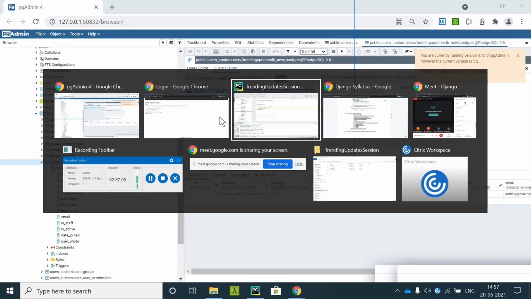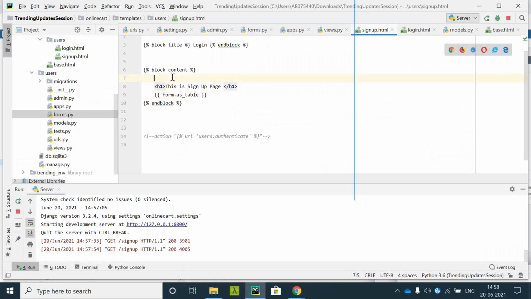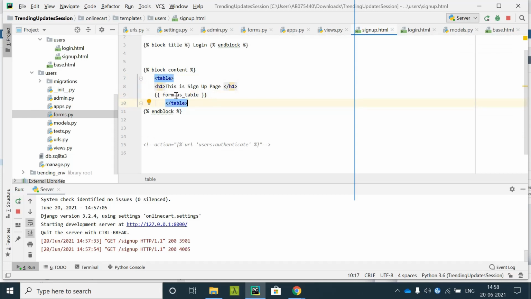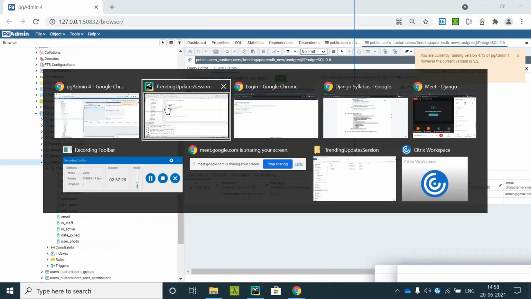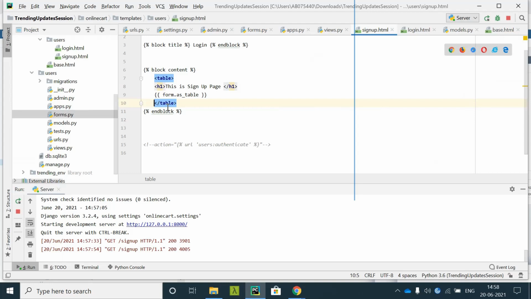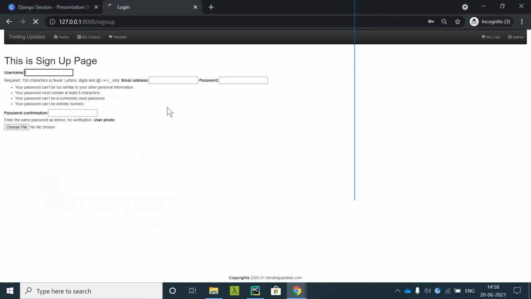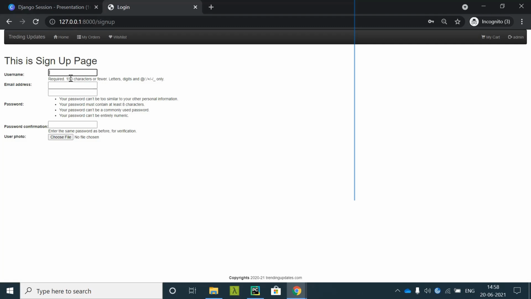So you put it under the table, and you can see this is displayed in the form of a table.